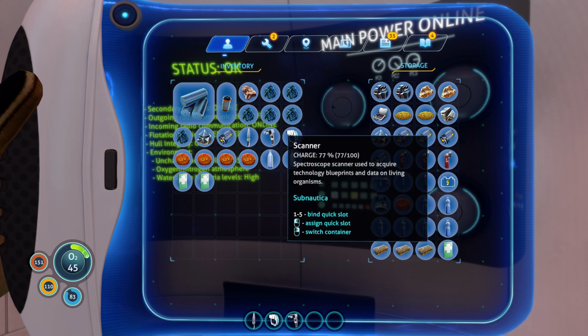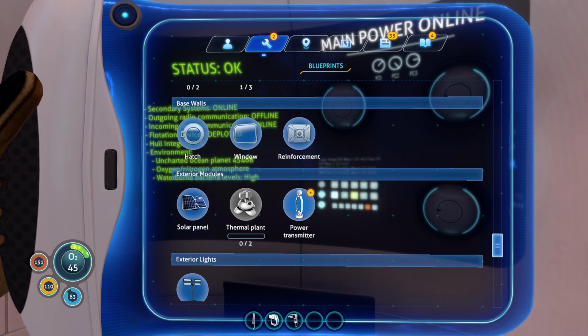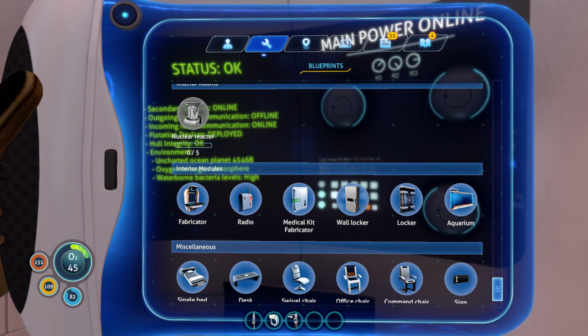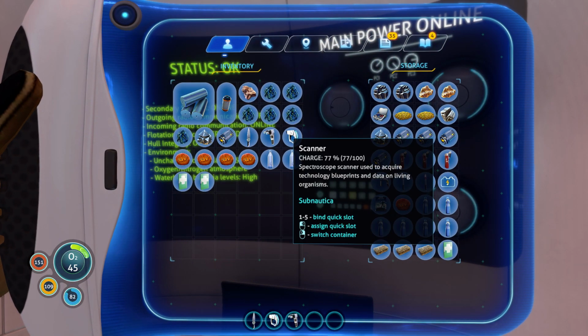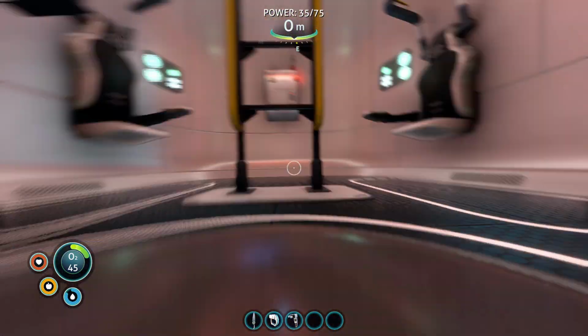Well, I do have my other base, right? So I should just get some quartz and make me some storage over there. I need some glass for that. So yeah, we are going to go ahead and grab us some glass. And yeah, we're just gonna have to accept that our storage situation is a little bit...